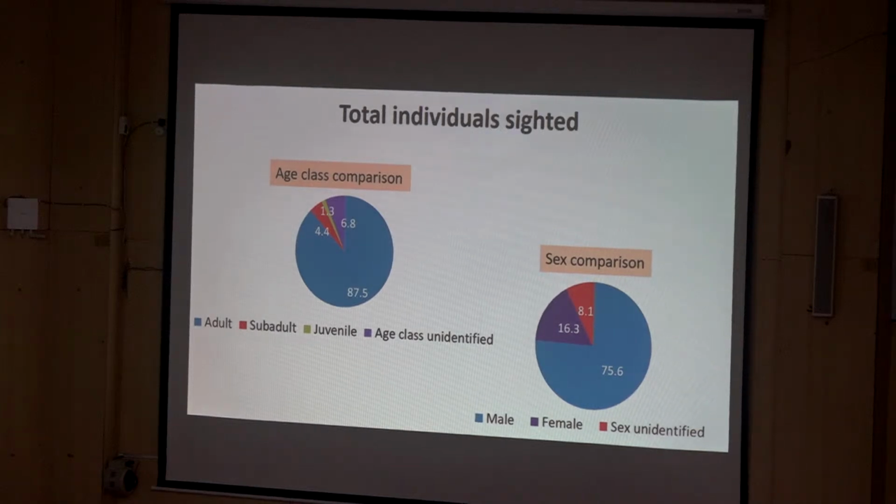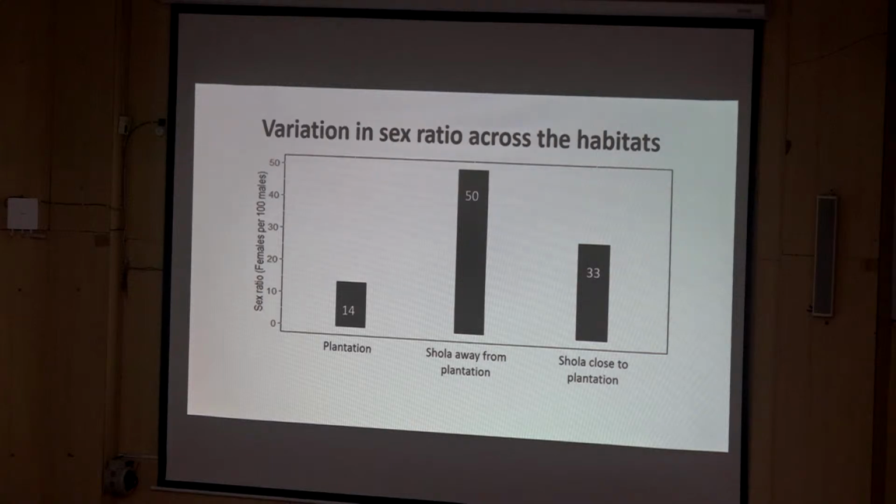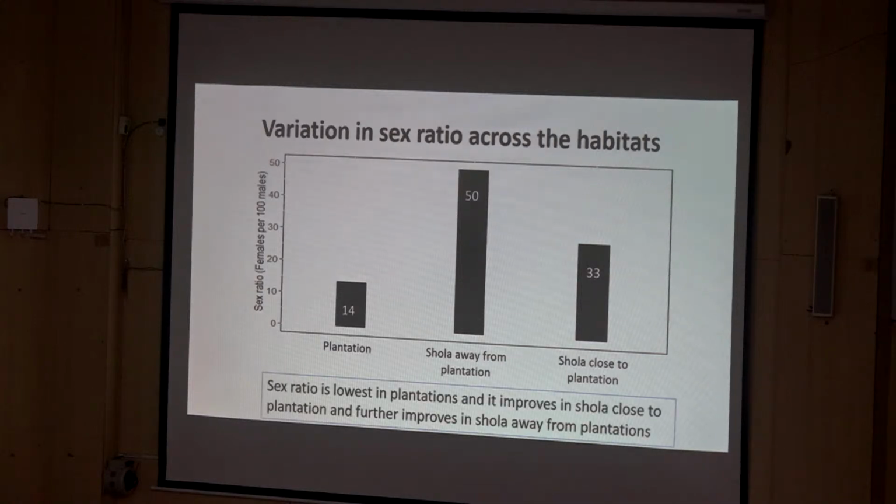75% of the individuals were males and only 16.3% of the individuals were females. Using this data, we also calculated the sex ratio. In the modified habitat, that is plantation, it is only 14 females for 100 males. When it comes to Shola close to plantation, it improves to 33 females per 100 males, and Shola away from the plantation, which is inside the protected area and which is undisturbed, the sex ratio increases to 50 females per 100